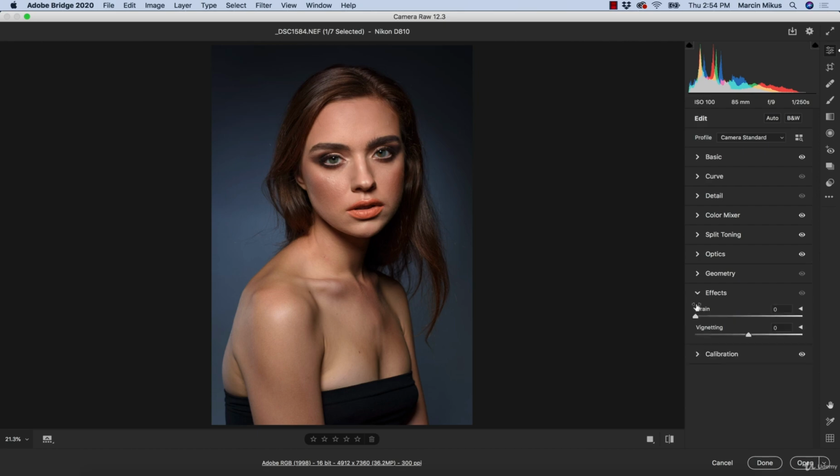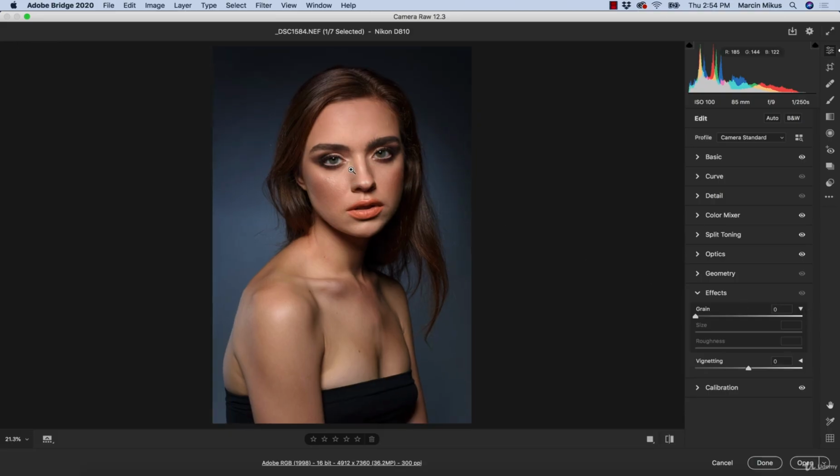And then we have effects, and similar situation as before, we have grain and vignetting. And when it comes to vignetting, it wouldn't look professional. So vignetting is not even something I do in professional portrait retouching, but we have grain, and we have some more sliders here, choosing size of the grain and roughness. As I am a huge fan of the grain, this cosmetic adjustment, once again, we do at the very end,